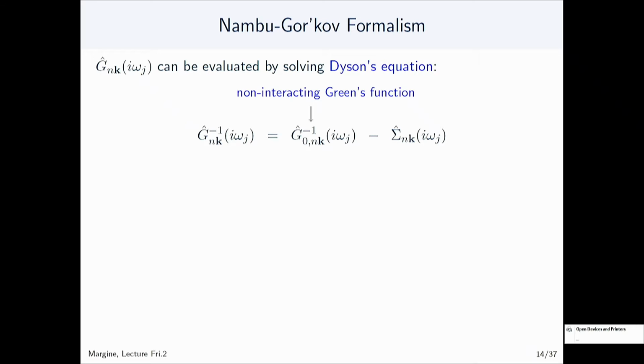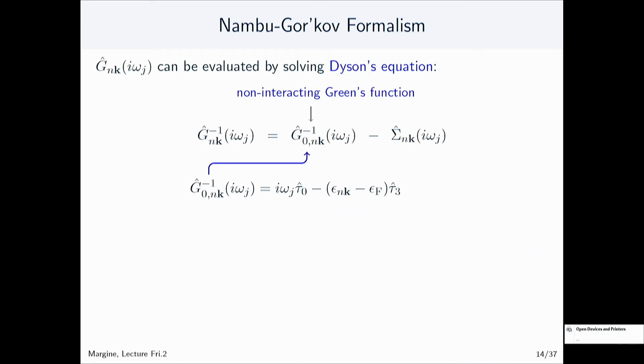In this expression, G naught minus 1 is the non-interacting Green's function. This is our electron self-energy, and this is our interacting Green's function. And now it becomes a bit of another formalism. What we do, we